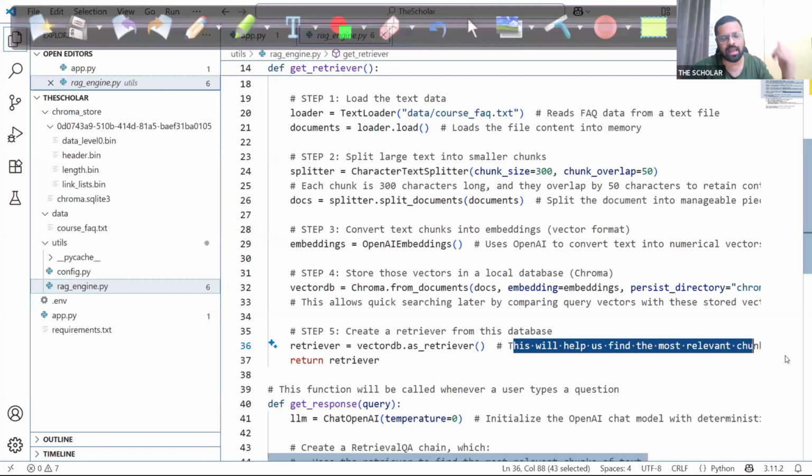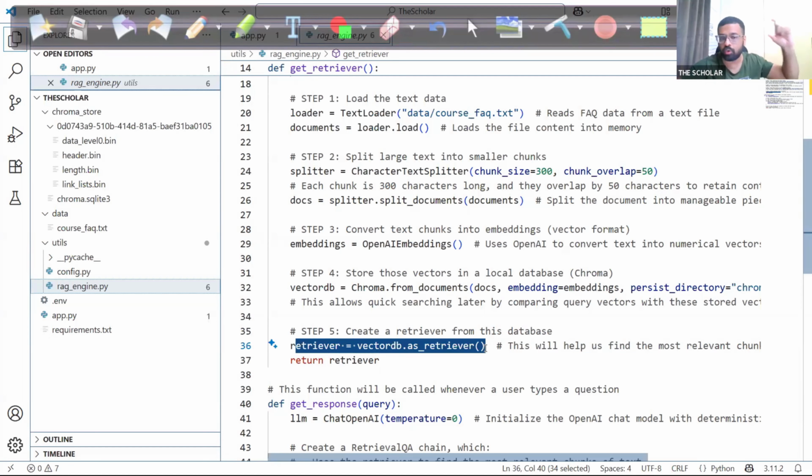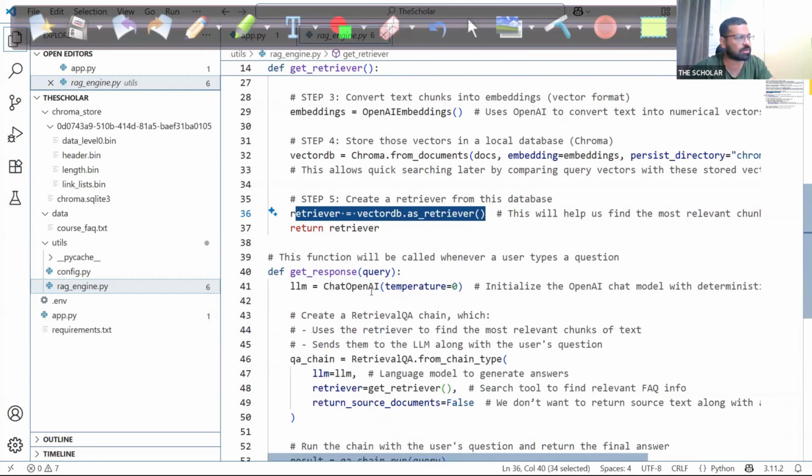Suppose I am saying that I want the course which has the capstone project. So this particular statement will retrieve the most important chunks from that. कि अच्छा, capstone project वो वाले chunk में पड़ा है, उसको उठा लो. Like that. So it will pick up that, right? It will return that. After that, I am using my LLM